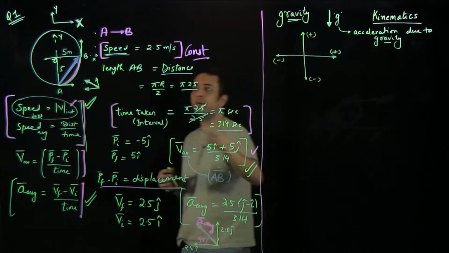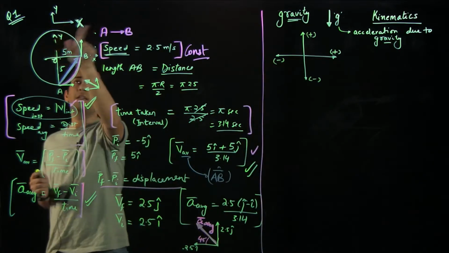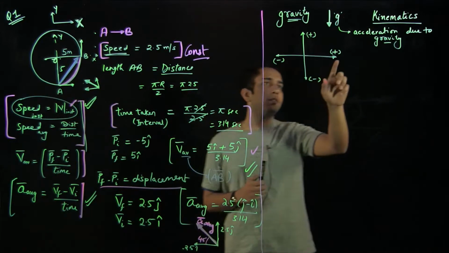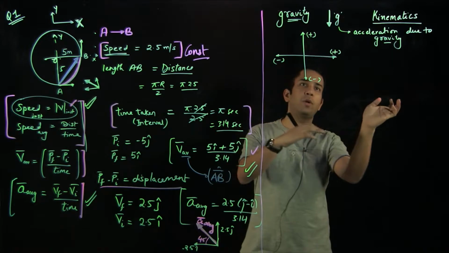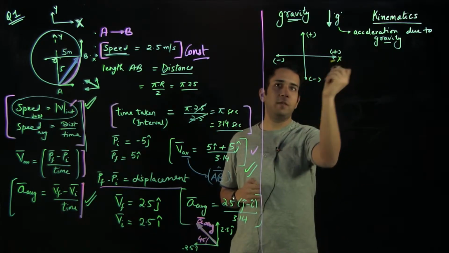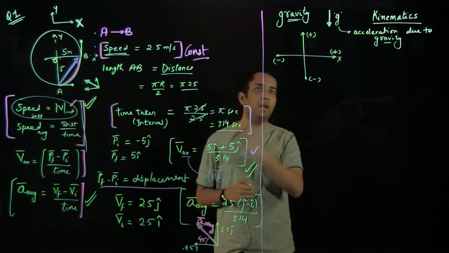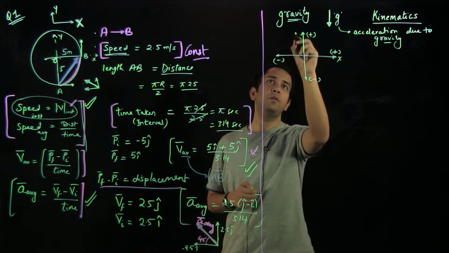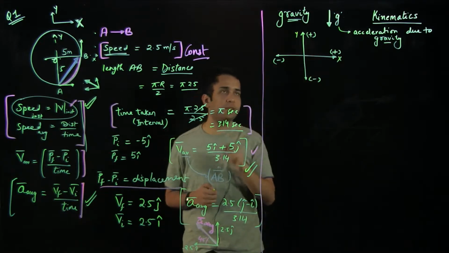So you can just relate to this question as well, that we are considering x and y in the right and in the upward direction. So anything which we are considering towards the right, that is towards this x-axis, we'll be considering it positive, and anything which we are considering towards the left side of the x-axis, we'll be considering it negative. And it is similar to the y-axis as well.